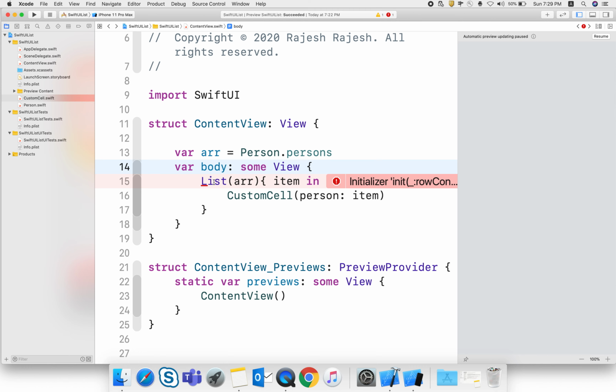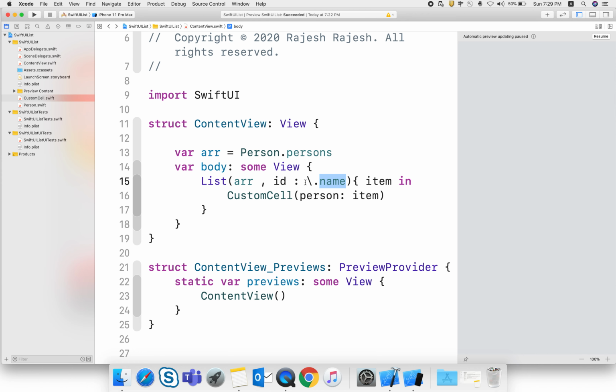If I give each row a unique identifier, this error goes away. To identify uniquely, I use person.name, so each row is identified uniquely by its name.